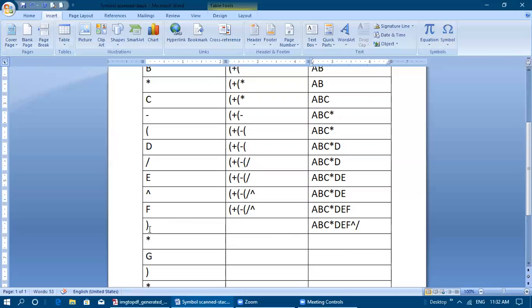So you need not add the right parenthesis here, just remove the left parenthesis. After popping all the operators, until the left parenthesis is encountered, just move the operators alone to Y and remove the left parenthesis. So what will be the remaining symbols in the stack? Only these four elements will be available after popping out this cap and division. This left parenthesis also will be removed.